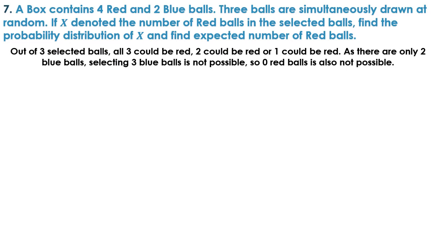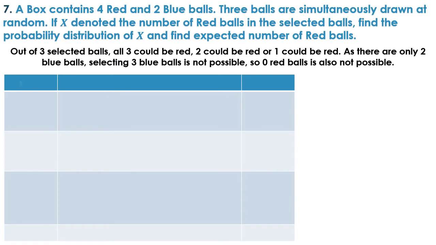So the total number of values for the variable x could be 3 red balls, 2 red balls, or 1 red ball. That is 3, 2 and 1. Let's put it in our table. The table here will depict x and probabilities, and because we need to find the expected value, xi into p. The numbers are 1, 2 and 3: 1 red ball, 2 red balls and 3 red balls, and then we will make a total.